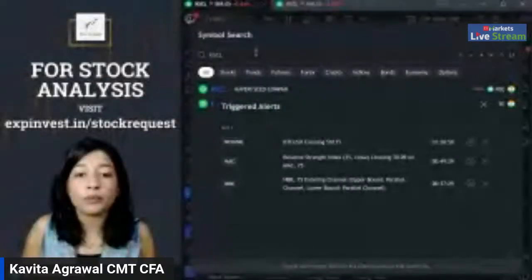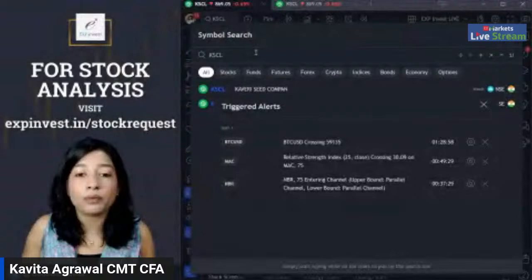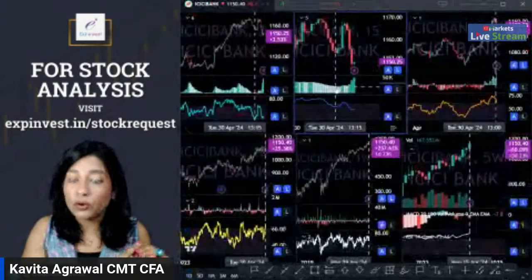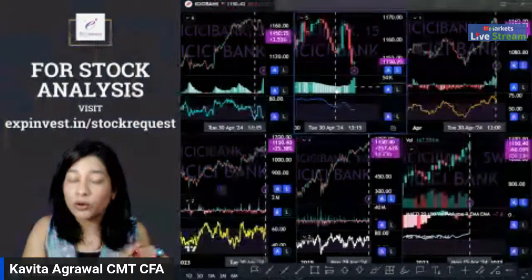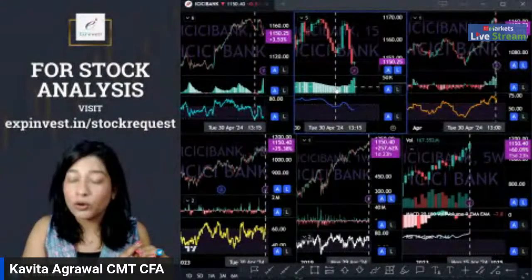What also stands out to me is that the first leg of the rally, before it corrected, had an RSI negative divergence which started to form, and here also we are noticing a broad RSI negative divergence unfolding on the stock of ICICI Bank. But does this mean that you should steer away from ICICI Bank from a long term investment perspective? The answer is no. The stock is attractive for long term investment, but our concern here is short term swing